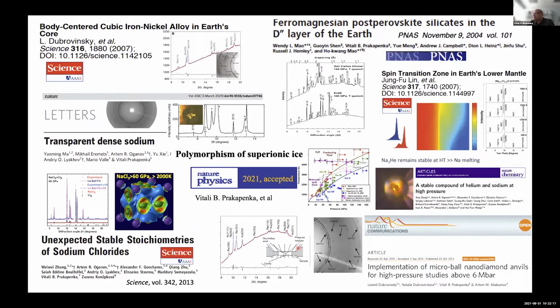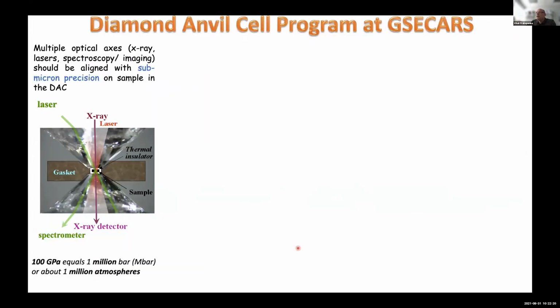That basically tells us that high pressure work is quite interesting, but we have to have the right tools. As I already mentioned, in the diamond anvil cell we have a very small sample, and we have to combine a few optical axes at the submicron level in one point of space. And to do that, we at